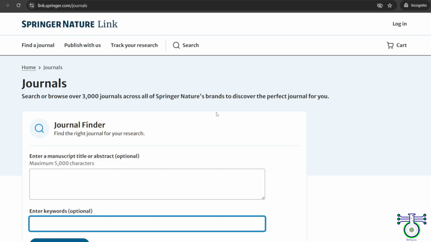Also, you can search yourself as well about these, because it is very, very important for you when you're writing an article to know where it can get published, because at the end of the day, the outcome is published articles. You need to publish it somewhere in a very good, reputed journal. This is how you find the journals.